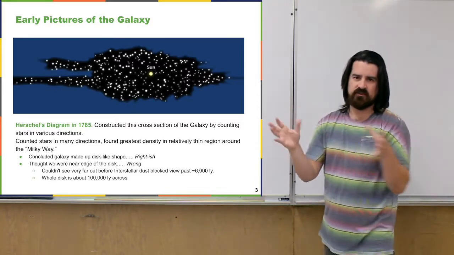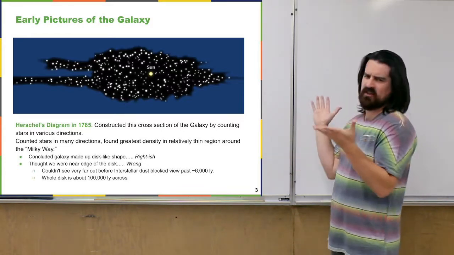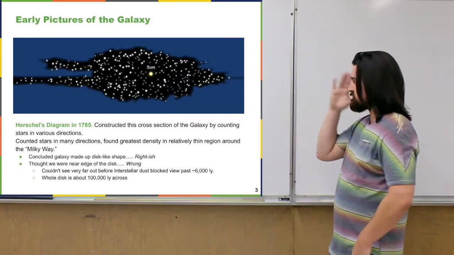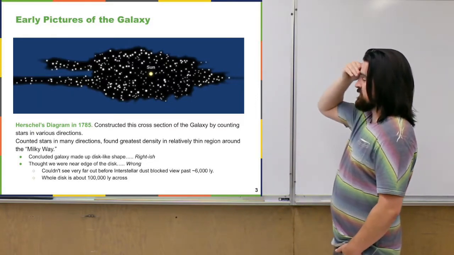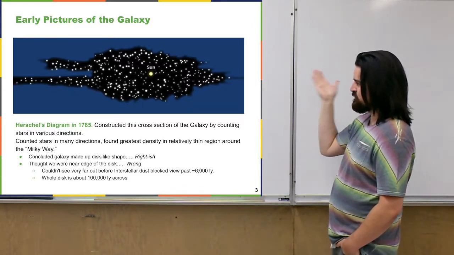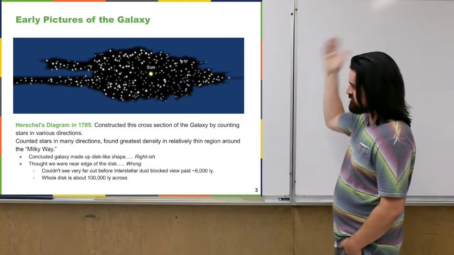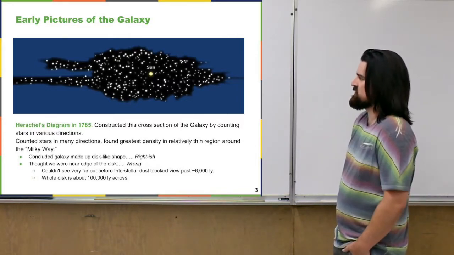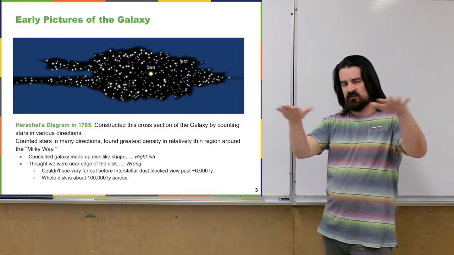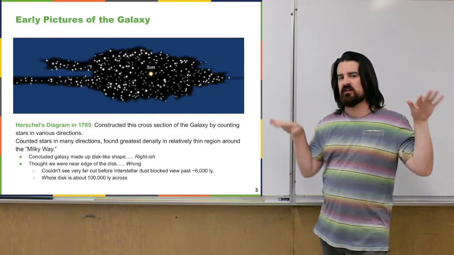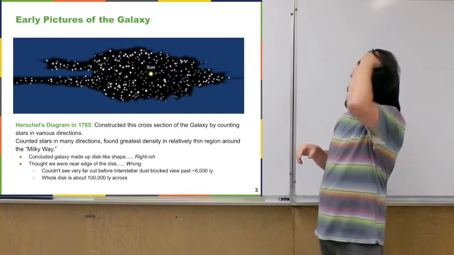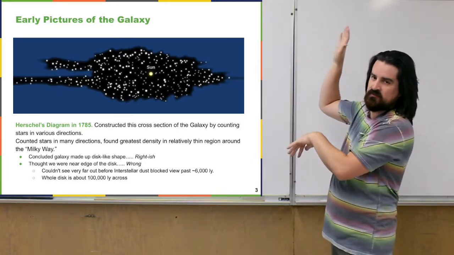Which turns out to be, we're in a galaxy. I don't think they really knew that galaxies existed at that point. But anyway, they were trying to look out and basically just map where all the stars were around us. And in doing so, they came up with a picture kind of like this, sort of like a cross-section of the space that we're in. And when they looked out, they saw a lot more in the line across the sky, along where that Milky Way is in the sky, and less so when they looked above and below it.